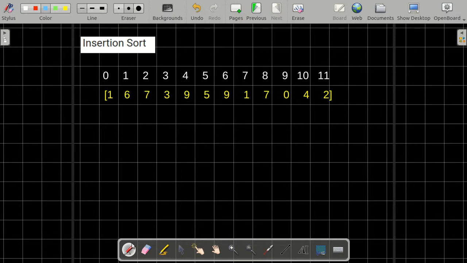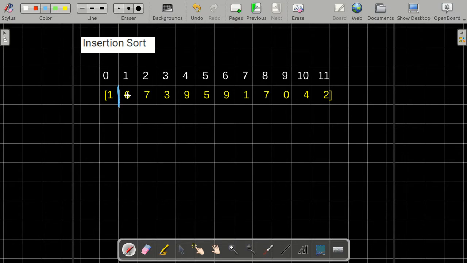Now what happens in insertion sort is that we assume that the first half of the array is already sorted, and we take every element from the second half and we try to place it in the first half in the sorted order. So now let's see how this works. We know that any single element is sorted on its own. So over here we'll assume that this part of the array is already sorted, and now I have to take this element and place it in this array so that the first array still remains sorted.